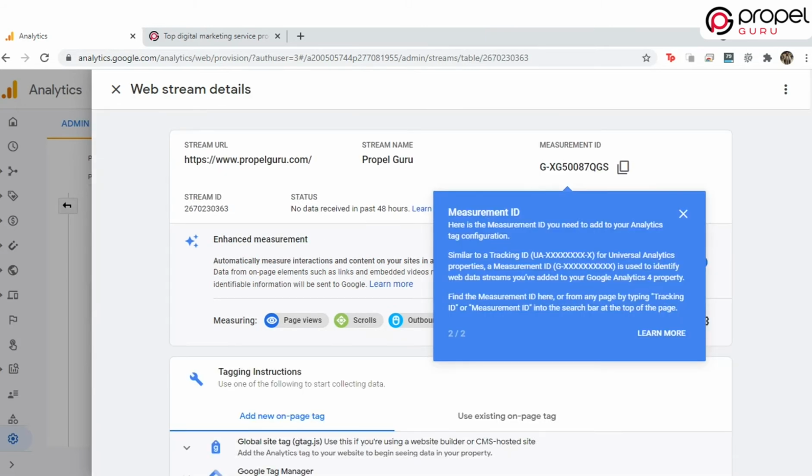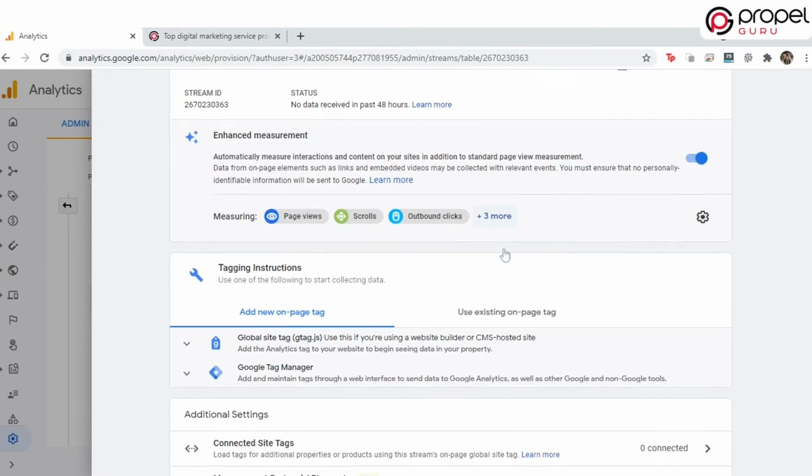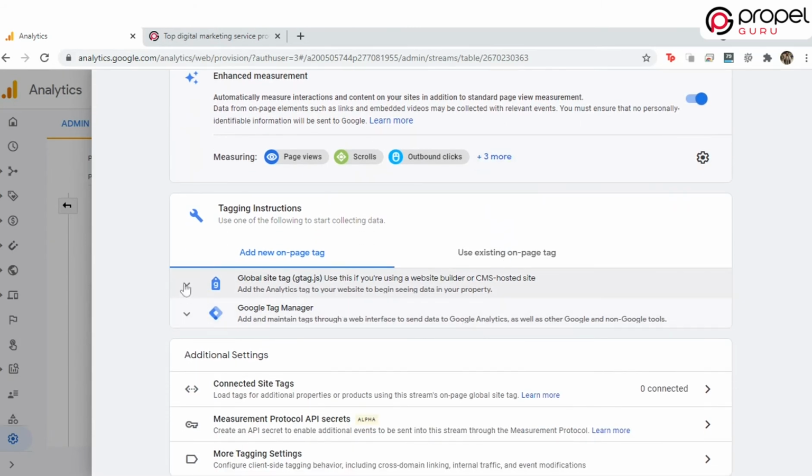Now another dialog box appears on the screen, that is Web Stream Details. So, as you can see here, your website URL, stream name, and measurement ID are displayed. The measurement ID is used to identify web data streams you have added to your Google Analytics. Now, on scrolling down, you will find tagging instructions.